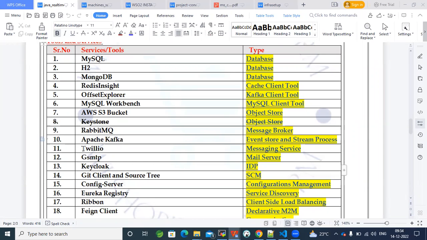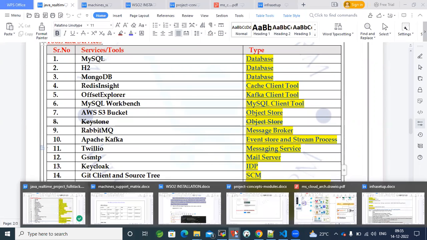Then next, we will use Twilio for the messaging service. Twilio we will use for the messaging service. So what is the use case for this messaging service? What is the use case of this messaging service? The use case is, if you can see our project,